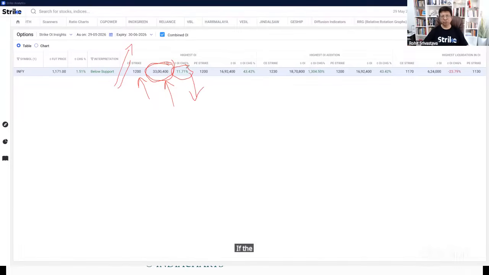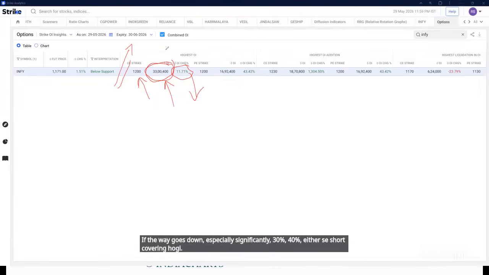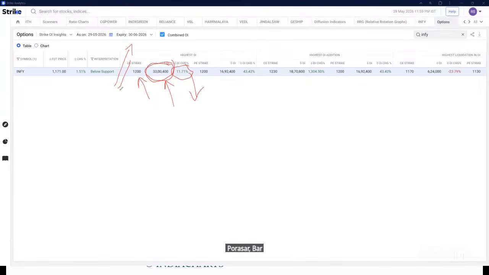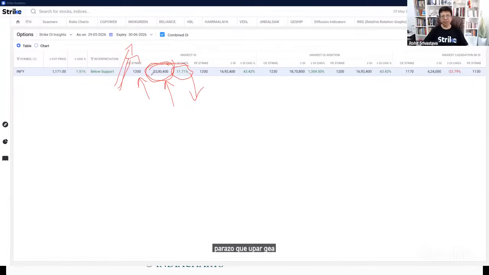If the OI goes down, especially significantly, 30%, 40%, तो मतलब अब 1200 निकल गया, अब इसके नीचे नहीं आना है, अब इधर से शॉर्ट कवरिंग होगी। और अगर 1200 के ऊपर गया और आप देख रहे हो ये आदमी हिल ही नहीं रहा है, तो वो 1200 के ऊपर सस्टेन नहीं कर पाएगा, वापस नीचे घुस जाएगा।